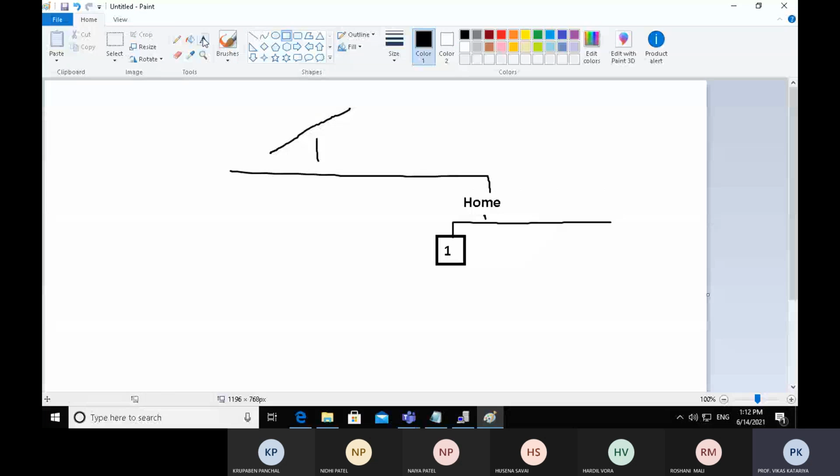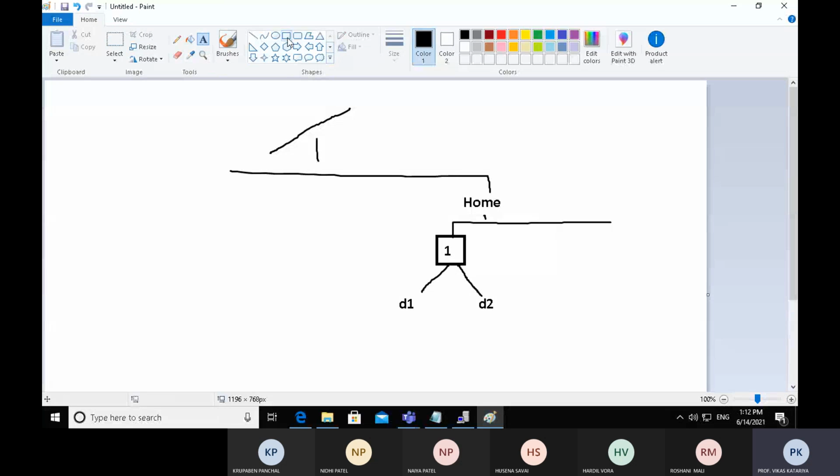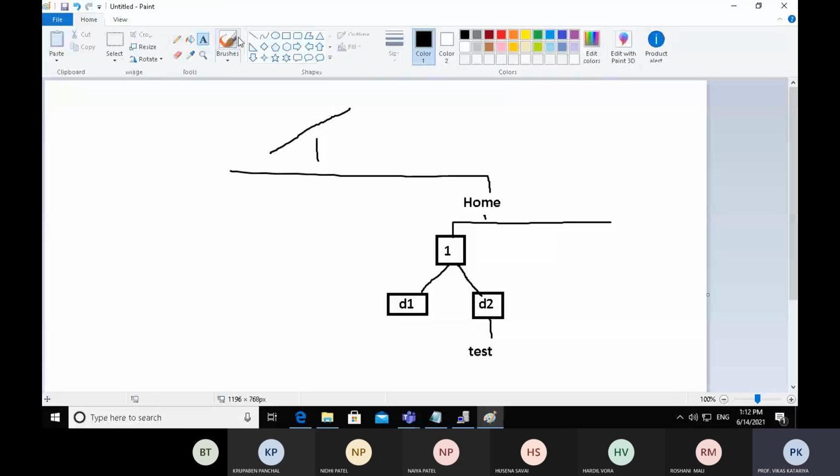In the user account 1 there are two directories, D1 and D2. These are two directories existing in the user account. And there is a file test which exists in the D2 directory.